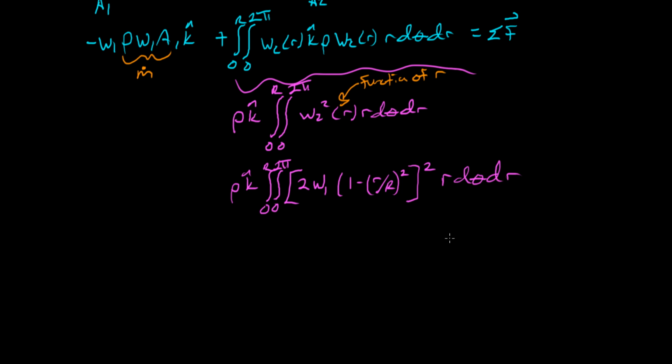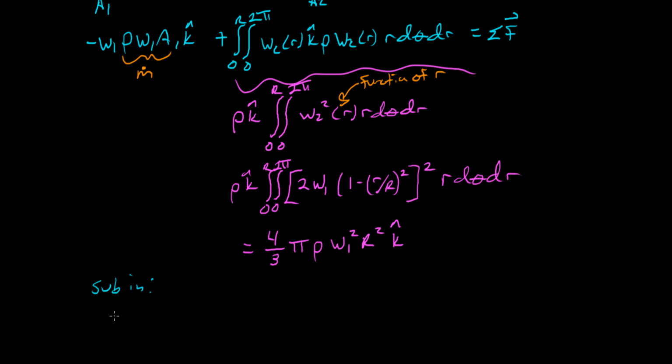A little bit of calculus, right? We got to rearrange and do some integrals. All of this just becomes 4/3 times pi times rho W1 squared R squared times k hat. That's just integrating this in two different terms, doing a bit of multiplications. So if we sub all that in, we're left with the